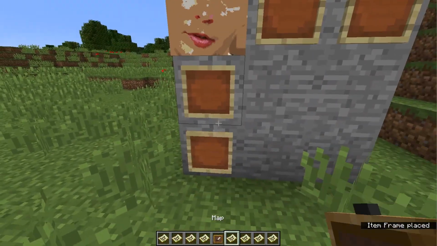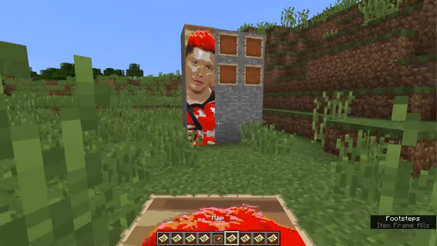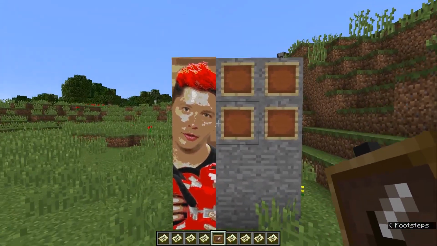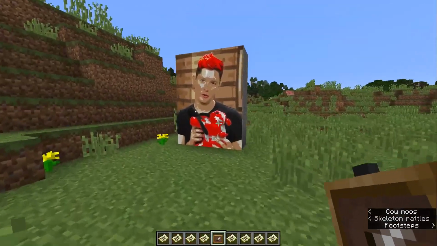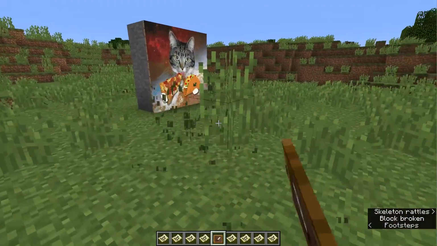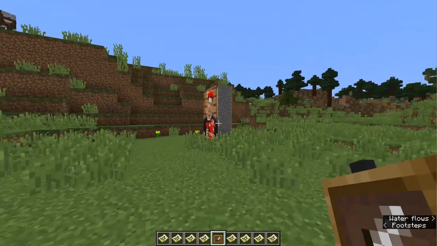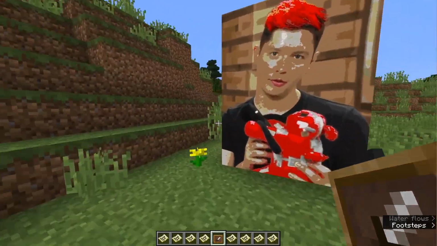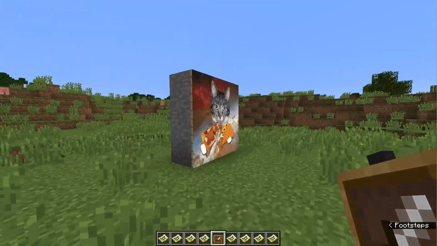I need to put down these to keep going. So if your map looks like that, there's a reason for it. So you can kind of troubleshoot those issues. Remember, this does work on servers. So if you have a server, you can do the exact same thing. It doesn't have to be saved on your local machine. And so you could have rules posted, or you could have images of the mods, or anything that you want